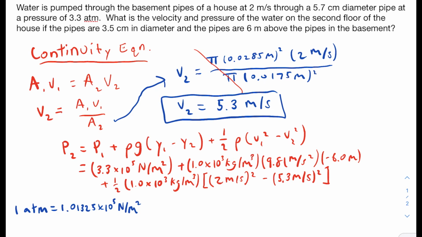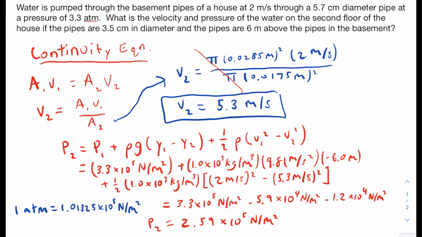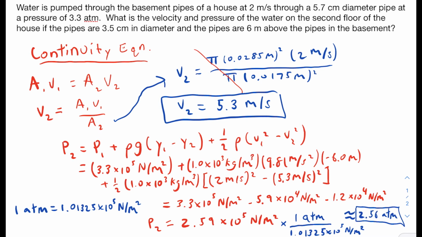We can first simplify each term, and then finally solve the equation to find that P2, or the pressure in the second floor pipe, is equal to 2.59 times 10 to the 5 newtons per meter squared. We can then multiply by the conversion factor mentioned before to find that the pressure is equal to approximately 2.56